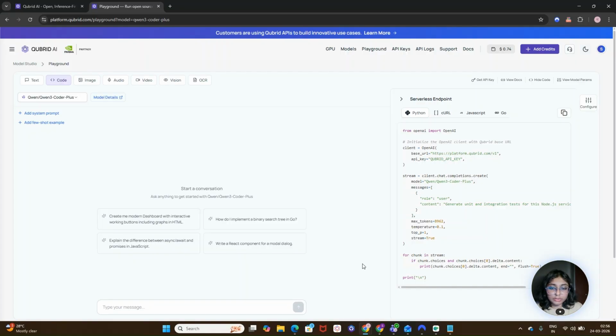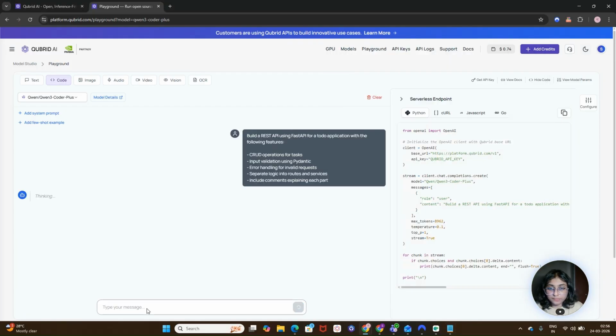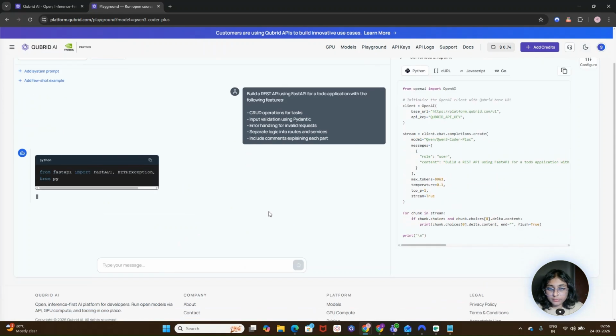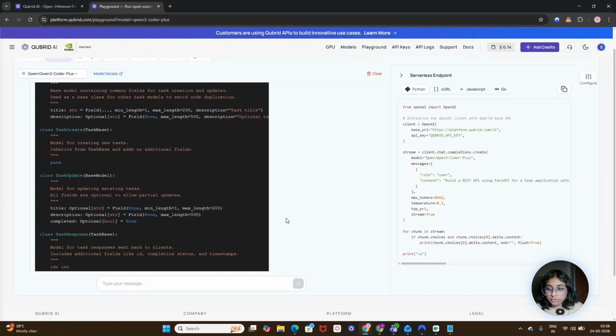Let's try giving this prompt to build a REST API. It has started giving us the output over here.